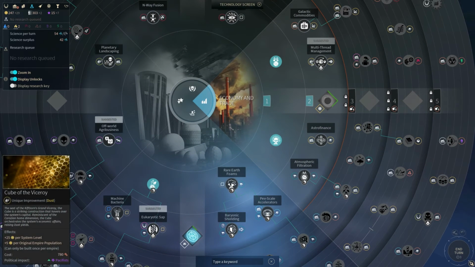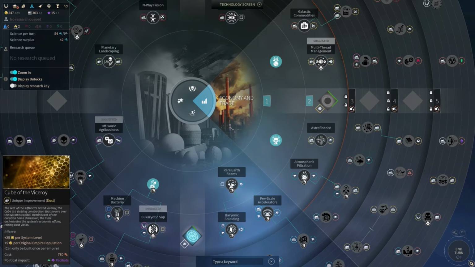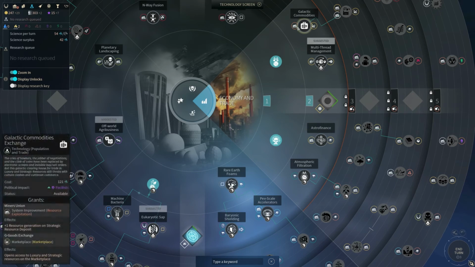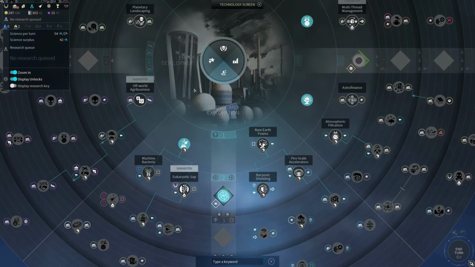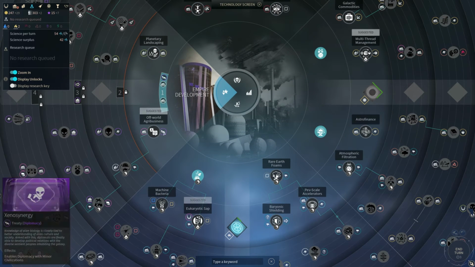Alright, and the game suggests me to grab multi-thread management so I can accelerate production and grab things straight off the bat. Thing is, we're going to be quite industry productive, so I'm not sure if that's really the best bet. Even though, of course, you also have things like Cube of the Viceroy, which is quite nice, and it does let you stabilize dust-wise for a considerable length of time. But there are other things you may want. For instance, galactic commodities is pretty much a must-have, but not necessarily right now, because it is quite an expensive technology. So what I might go for instead is I might go for off-world agribusiness